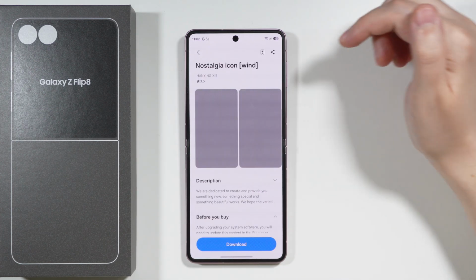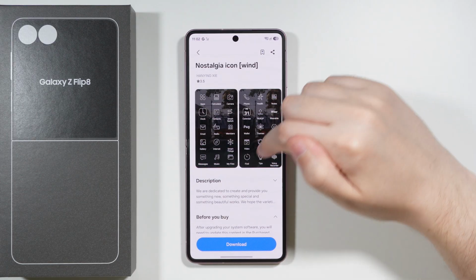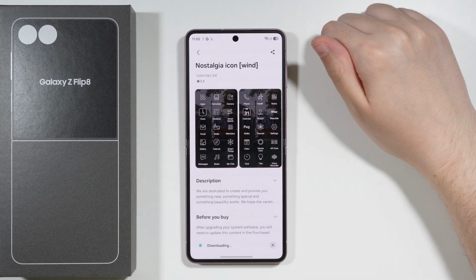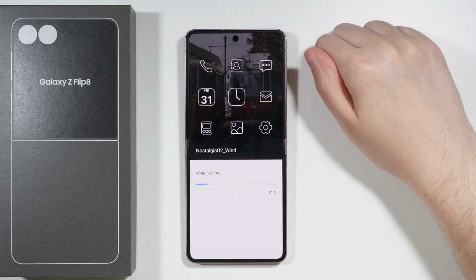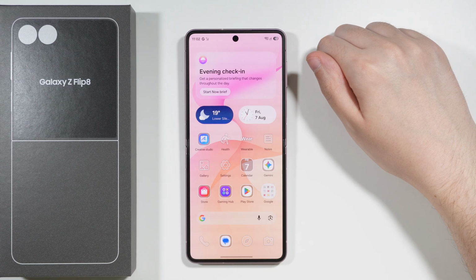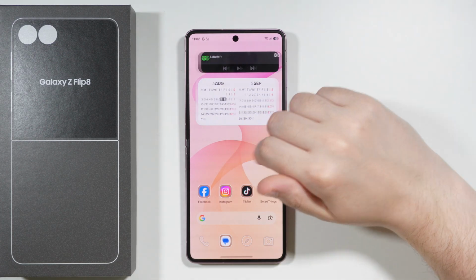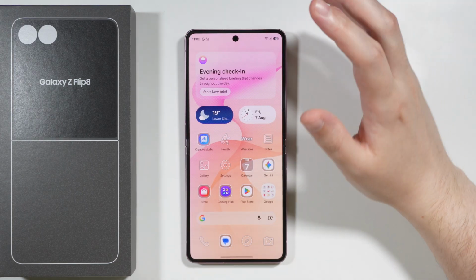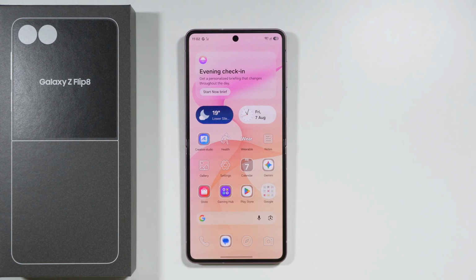So let's say I'm gonna choose this one here, and if you like the theme, you can tap on download and then apply once it is downloaded. And you should have new icons for yourself on your Galaxy Z Flip 8. There we go. And what is also possible is, of course, you can create your own theme pack for your